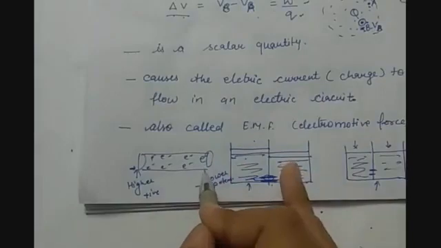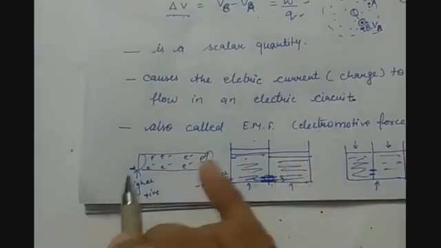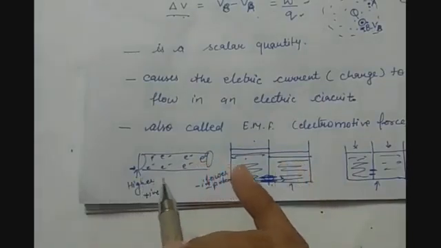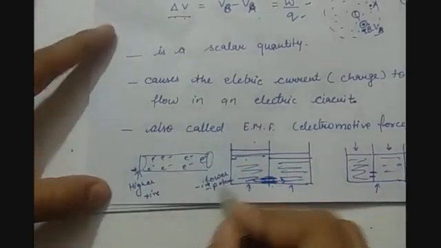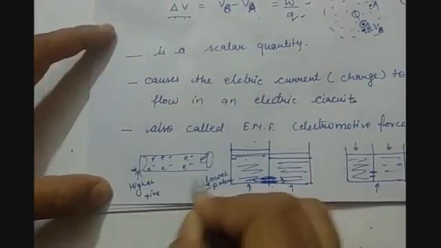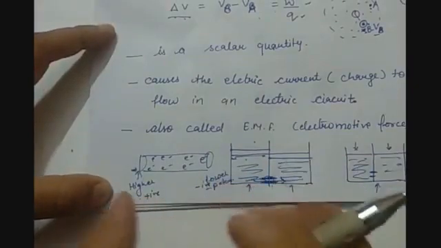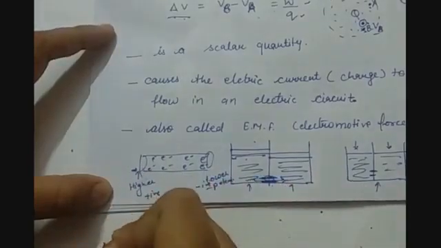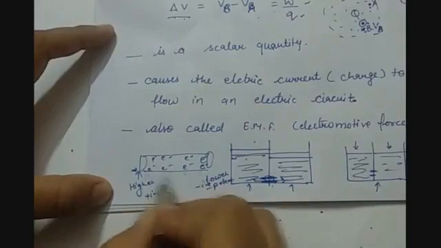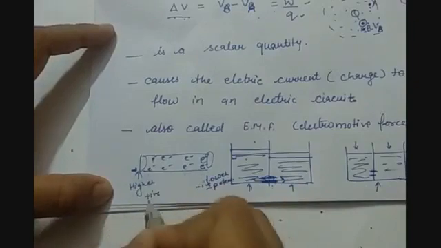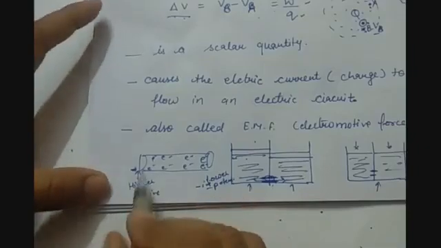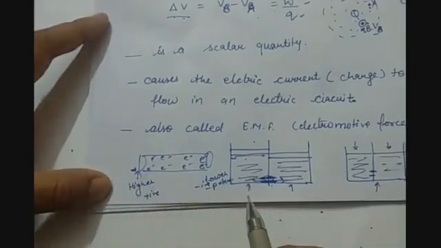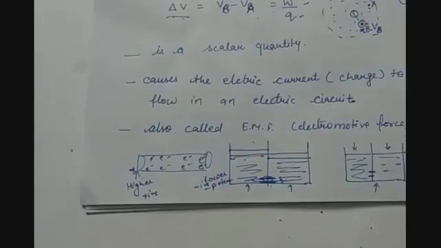So the negative end will repel the electrons, and that's how electric current is moved in a conductor. This difference is basically the reason how electrons will move from one point to another point. So now the electrons are drifted towards the higher potential. So basically, what is the reason to move the electrons in a conductor? It is electric potential difference.